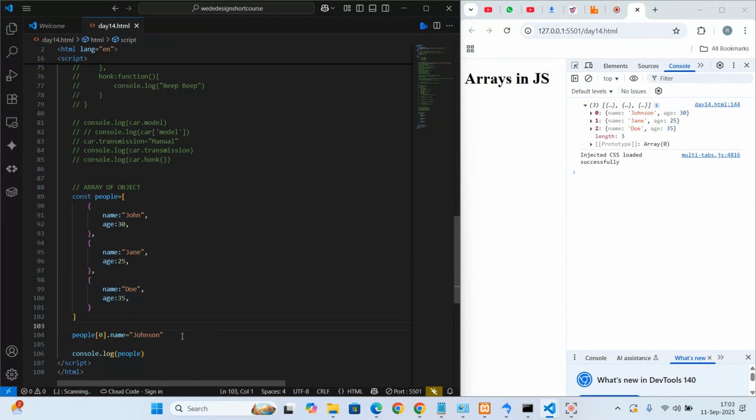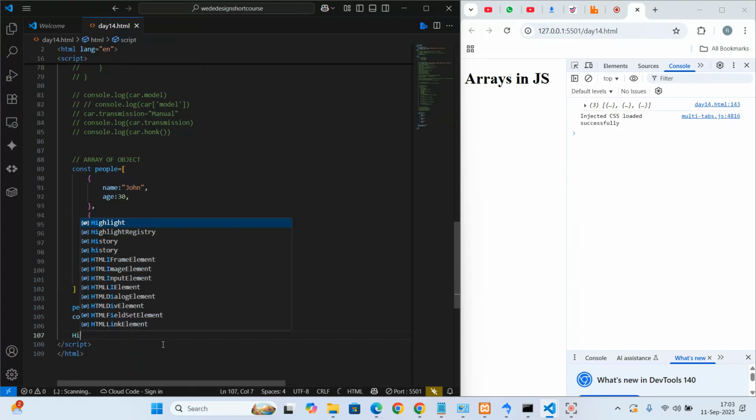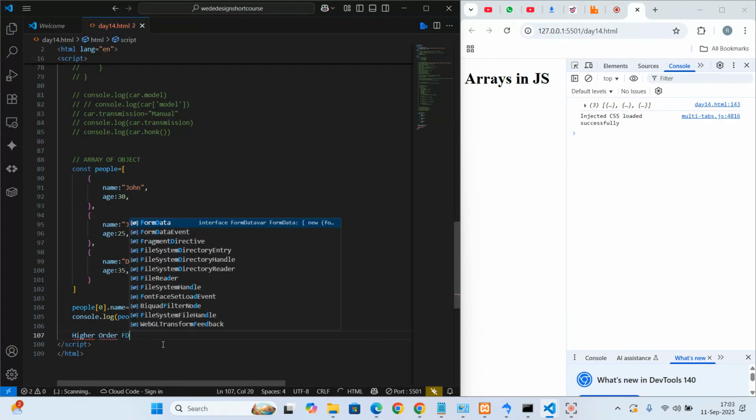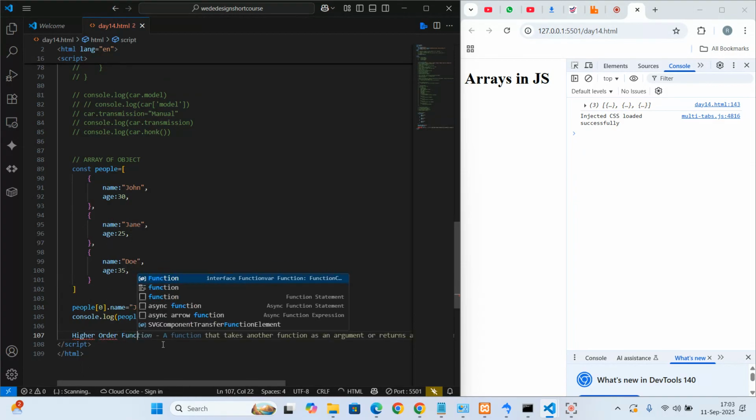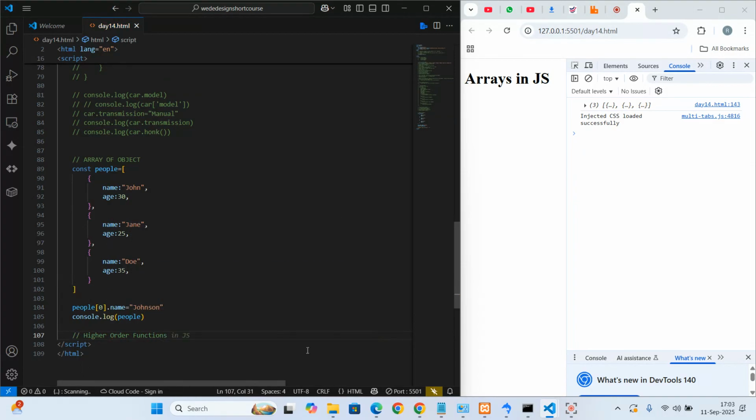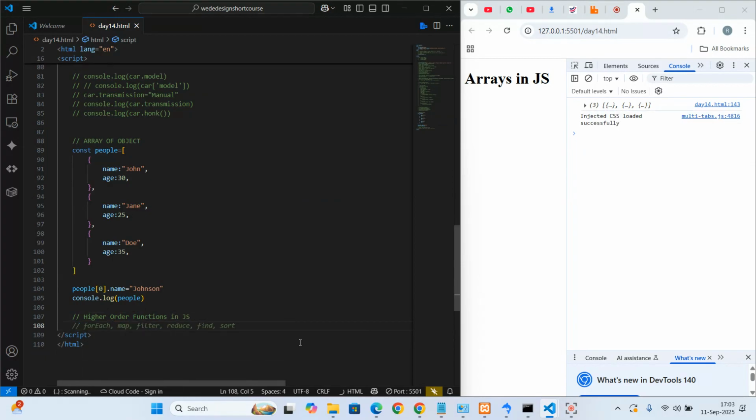are you together? Now there is something called higher order functions when it comes to these arrays of objects, so I want us to discuss them and see how they work. Now the first one is I want to sort the people in ascending order from the oldest person to the youngest person. How do I achieve that? If I want to sort people from the highest order to the lowest order, I'll simply use,